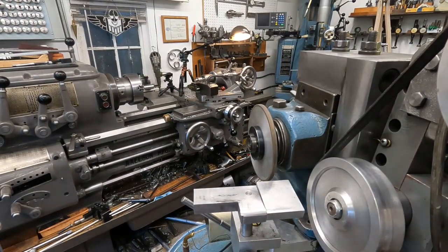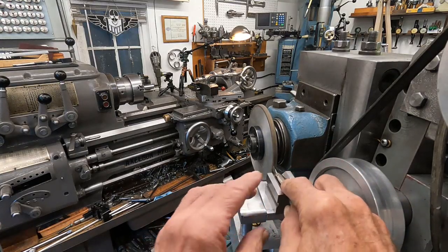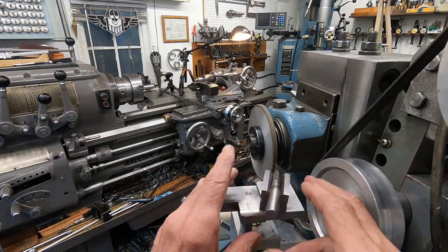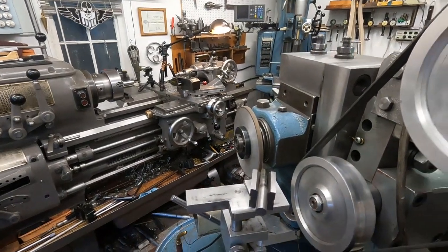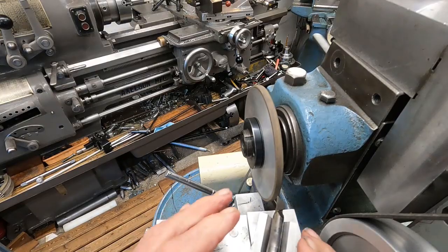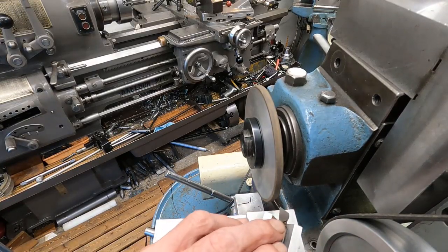I may get a grinder. I'm really contemplating it for doing nose radiuses on end mills. It would be a Monoset type, but I'd like to find a lighter weight one, and I have. I've actually found a couple of them that are very similar to the Monoset, but